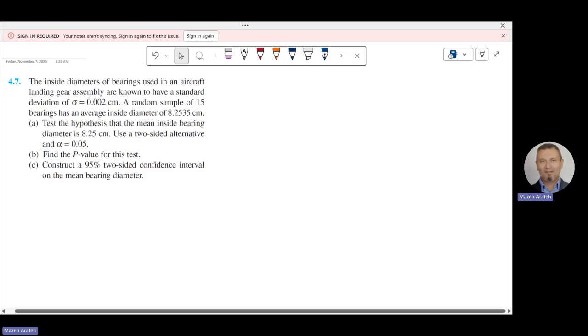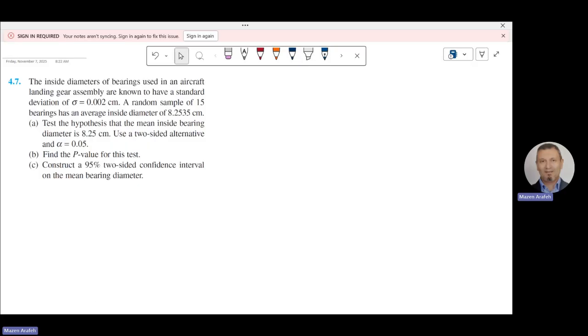Start with problem 4.7 from the textbook. The inside diameters of bearings used in an aircraft landing gear assembly are known to have a standard deviation of sigma equal to 0.002 centimeters. A random sample of 15 bearings has an average inside diameter of